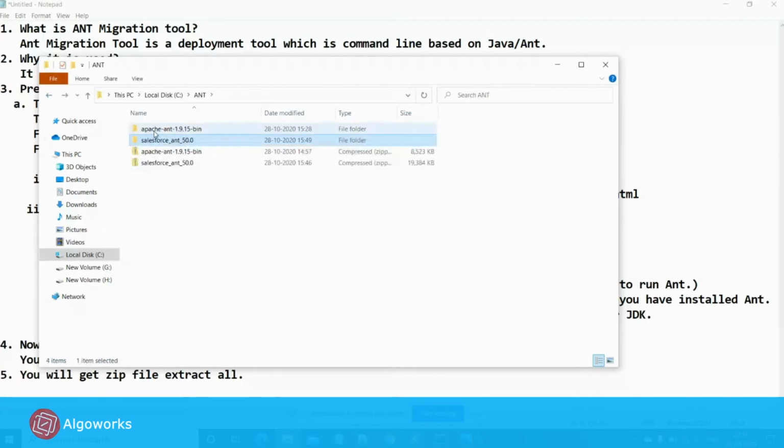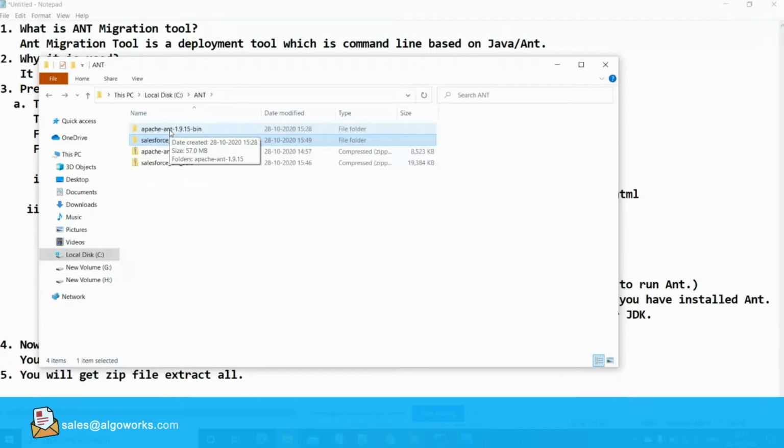After all the installations and extracting them, you will see these two folders separately. Now we are going to discuss two things, that is how to retrieve the classes, triggers, etc. from your Salesforce org or to deploy them.